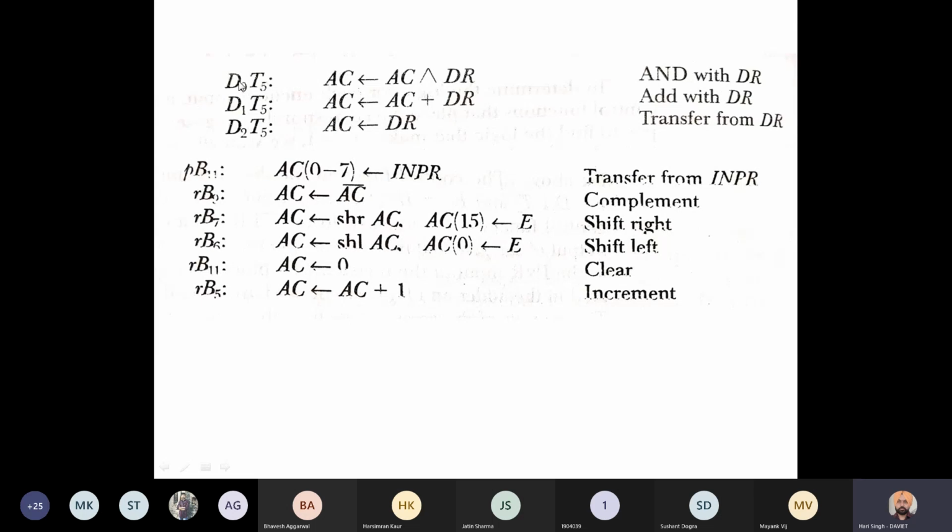For this, the condition is D0 should be 1 and T5 should be active. So it is done during the T5 state. And second, after performing the logical AND operation, information is transferred to the accumulator and the condition is D1, T5. Similarly, for the DR register, information is transferred to the accumulator for this condition. And